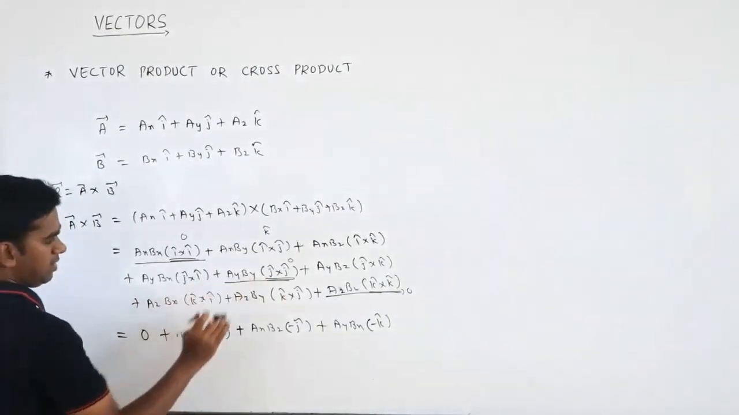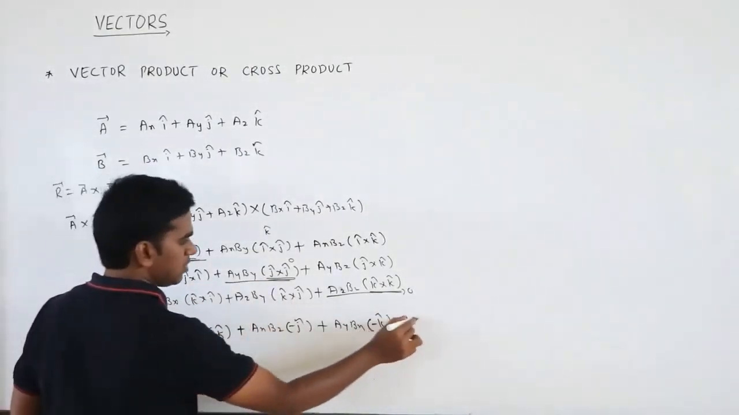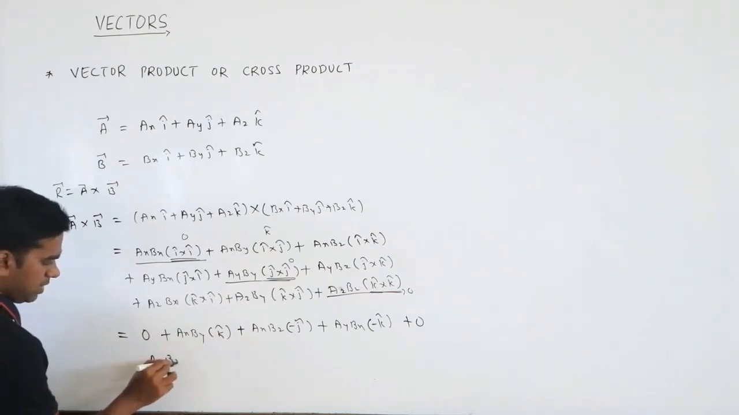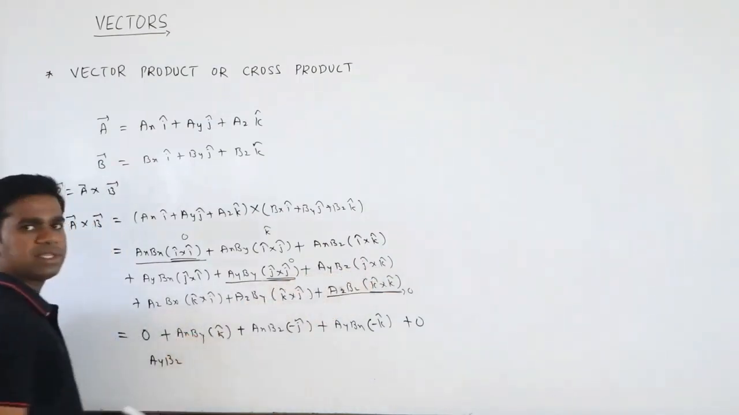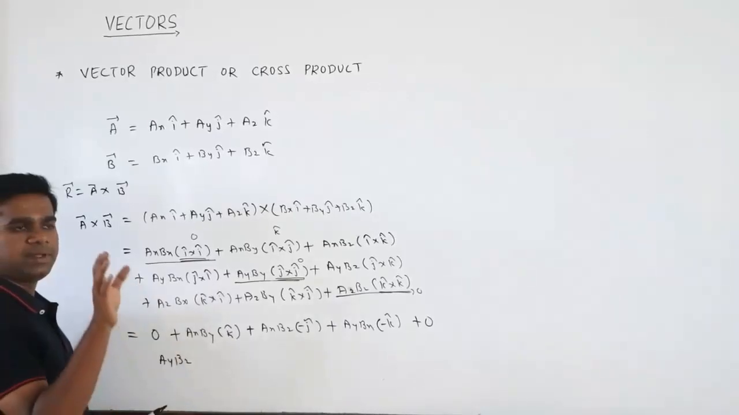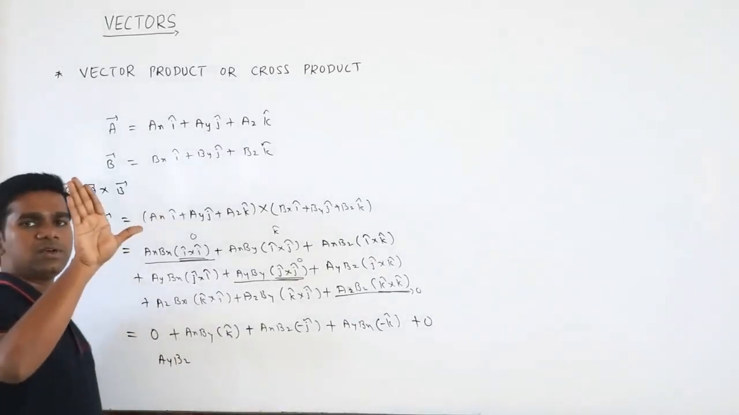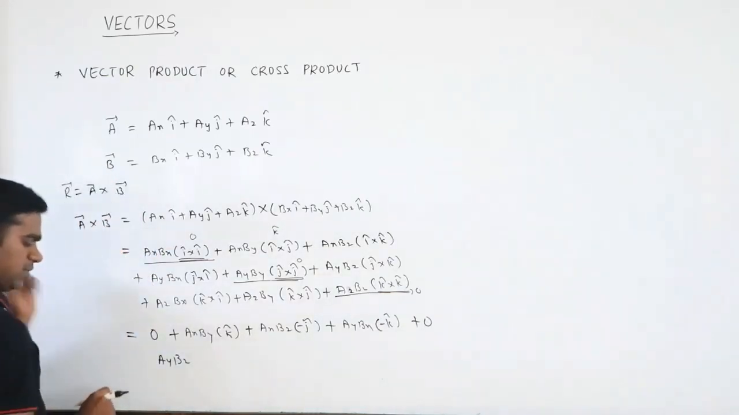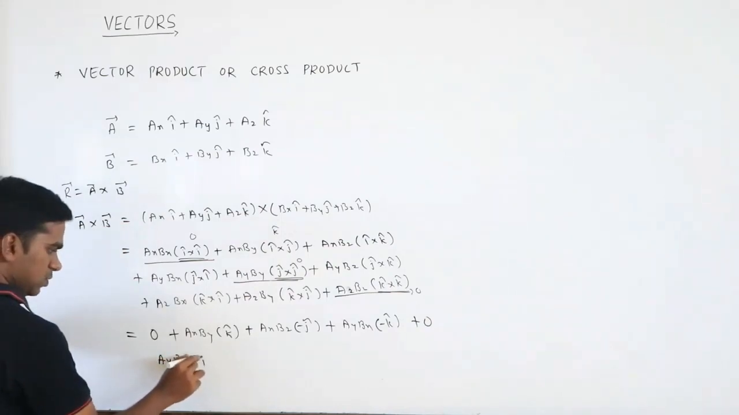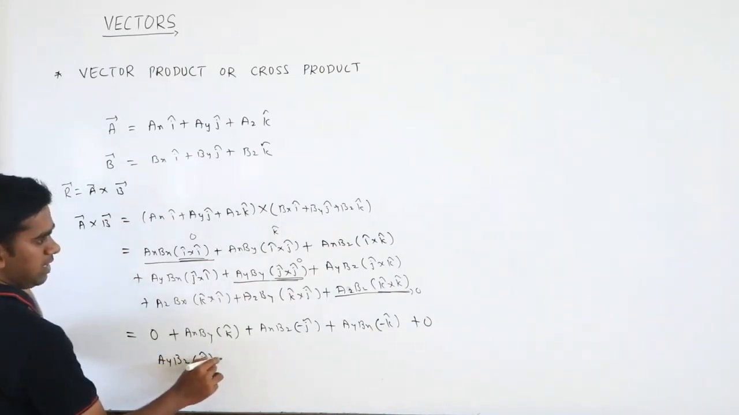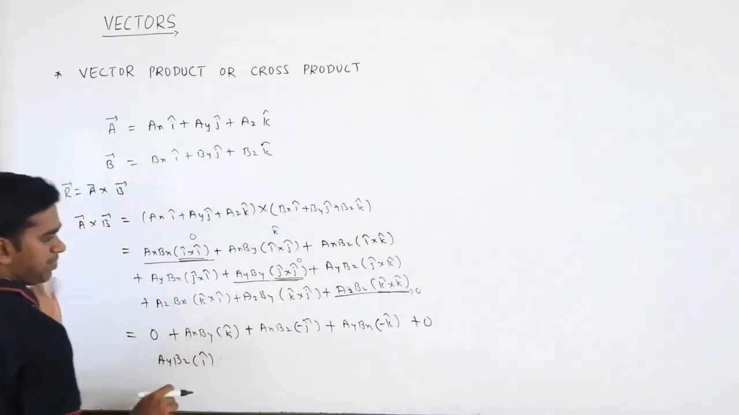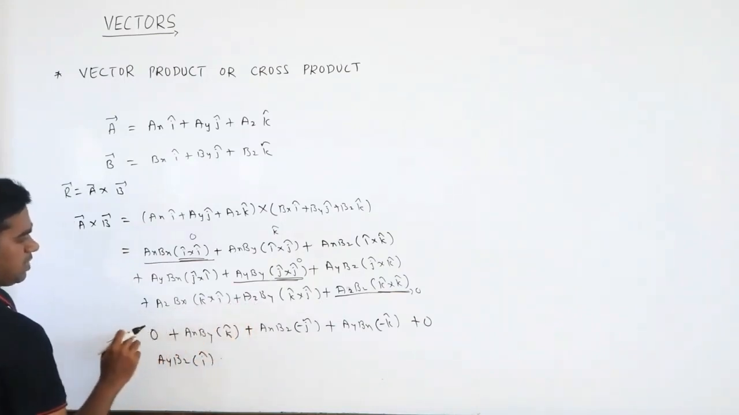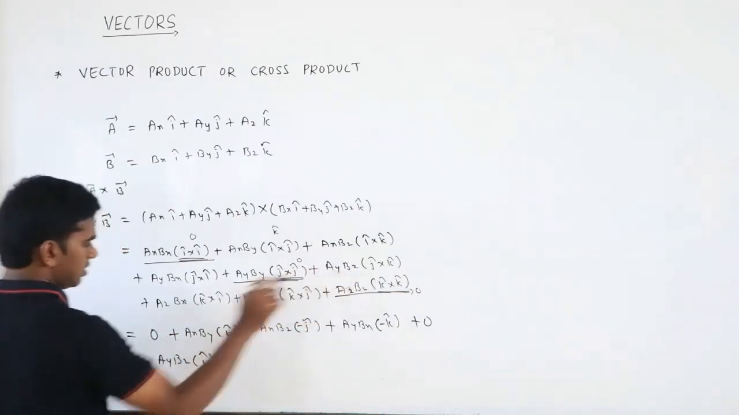Similarly, Ay By is going to be 0, so no need to worry about that. Ay Bz, J cross K. J is here, so J cross K is again I cap, because it is in anti-clockwise direction. So where we have stopped? Ay Bz, this one. Next Az